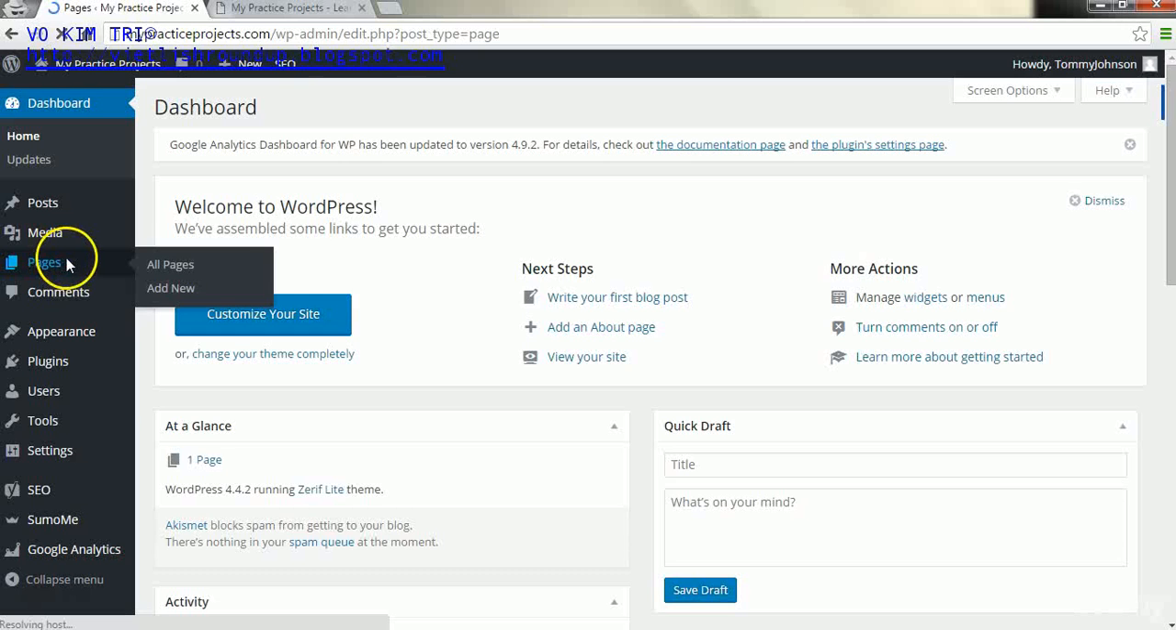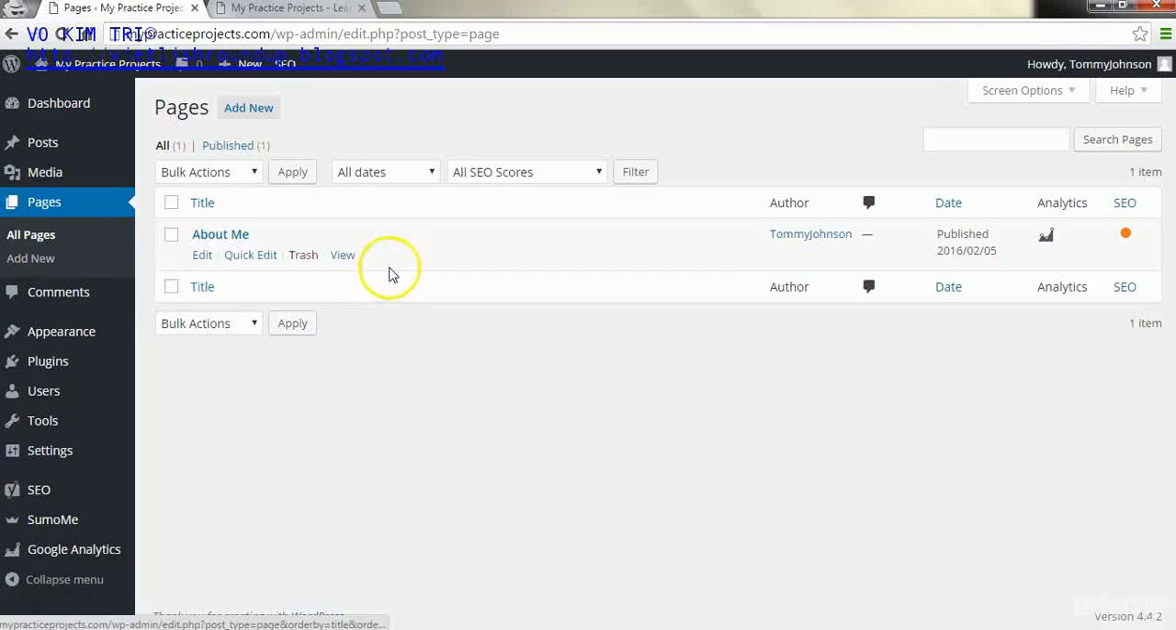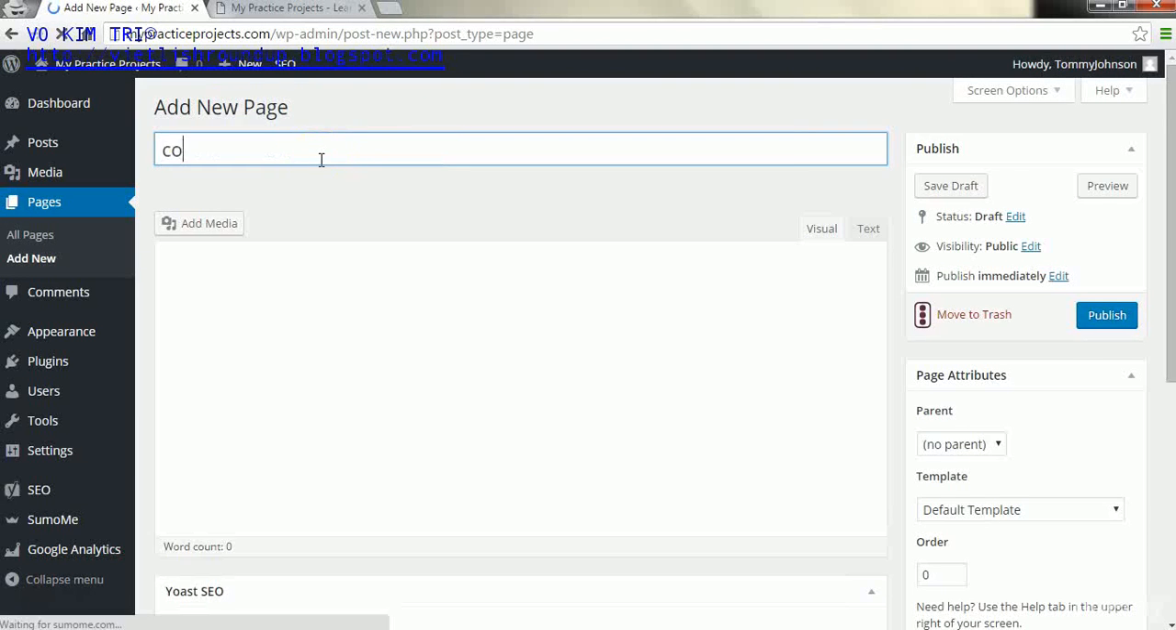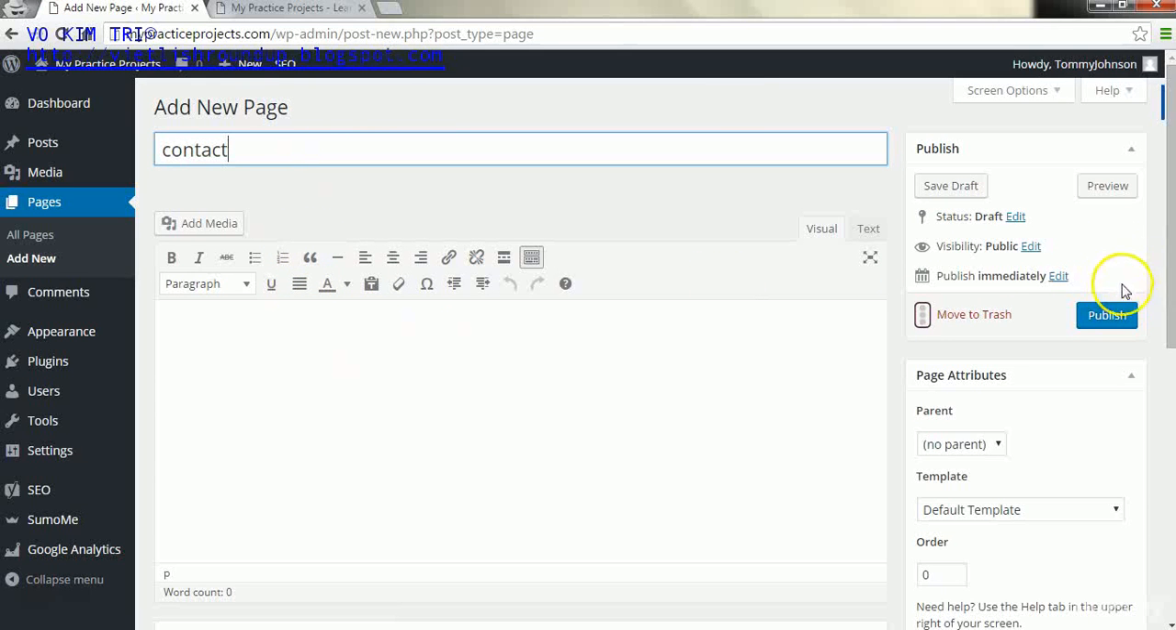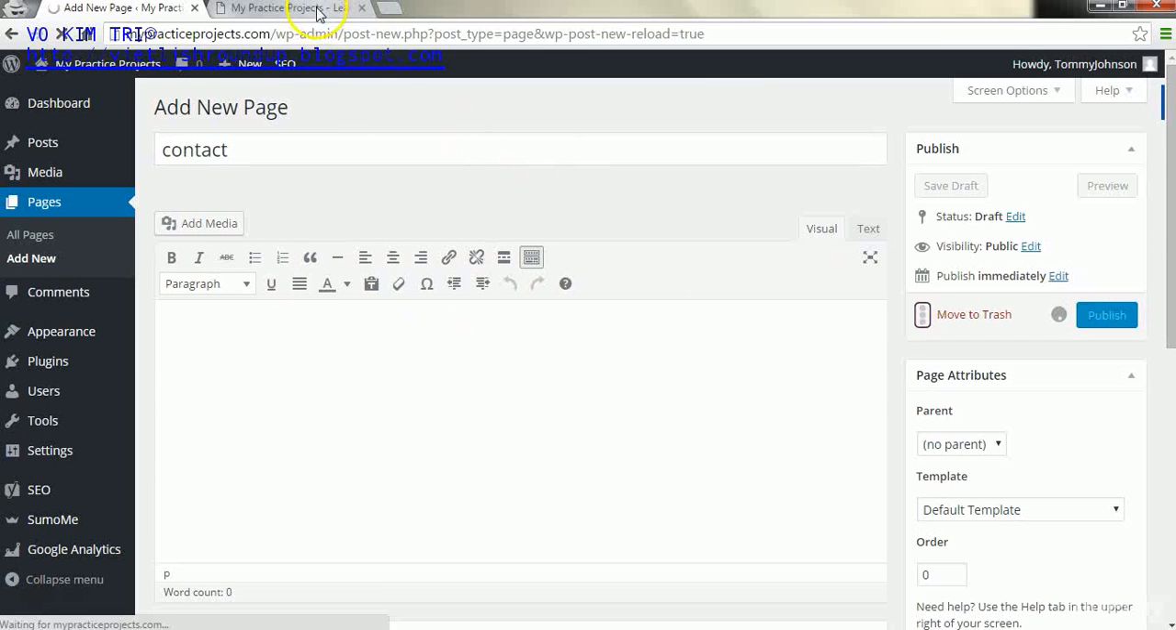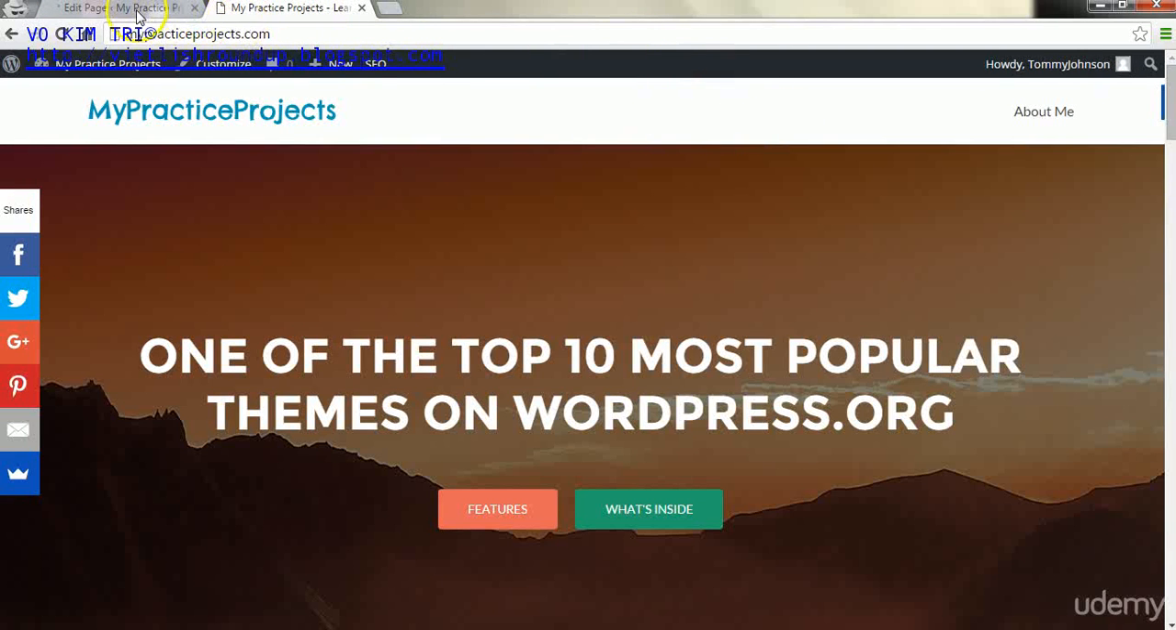It's because if you go to pages here in the back end of the dashboard, on most websites when you add a new one, as we did with the About Me section earlier, if you add one that just says contact, for example, and then you publish it, it will go into the menu at the top. If we refresh this page, it should say contact as well up here at the top. As you can see, it says contact here,